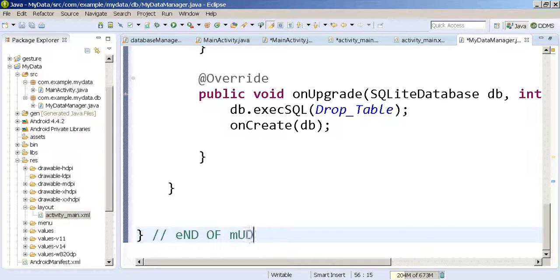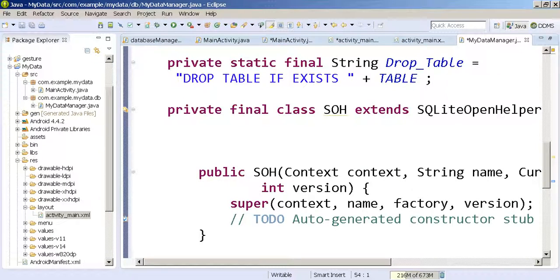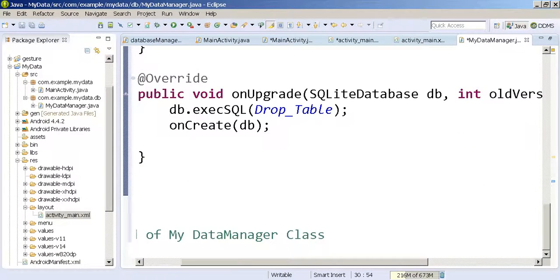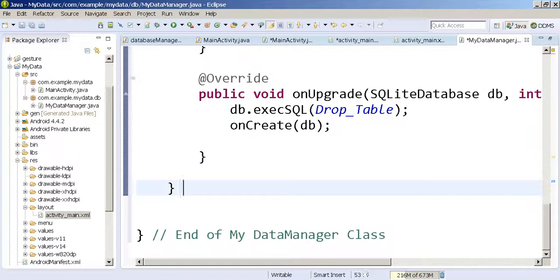My data manager, right? My data. So I can do this. End of my data manager class, something like that, right? And where is the end of the SOH class? This is the SOH class, right? And this is gonna be the end of SOH class. SQLite Open Helper, right? Okay. Now,